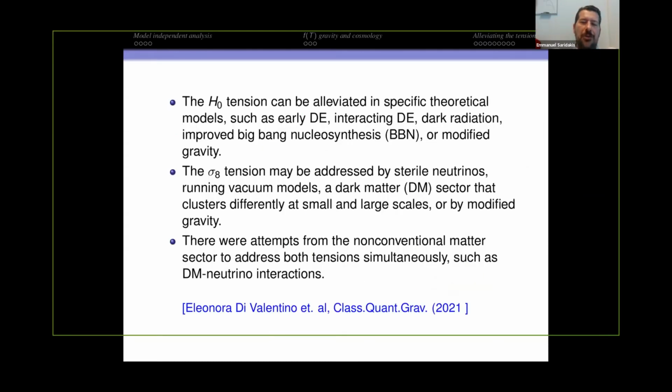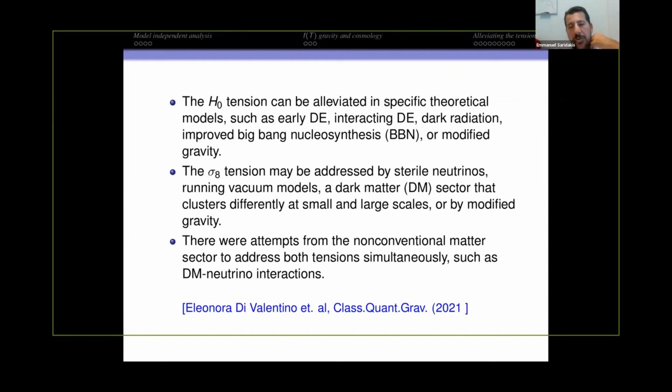So, as you all know, as we have heard here in detail in this session, in order to solve the first tension, the H naught tension, you can assume many frameworks, either at early or at late times, assuming, for instance, early dark energy or interacting dark energy with dark radiation, or improved Big Bang nucleosynthesis, or, of course, modifications of gravity. Now, for the sigma 8 tension, and again, this can be solved in various frameworks, assuming sterile neutrinos,